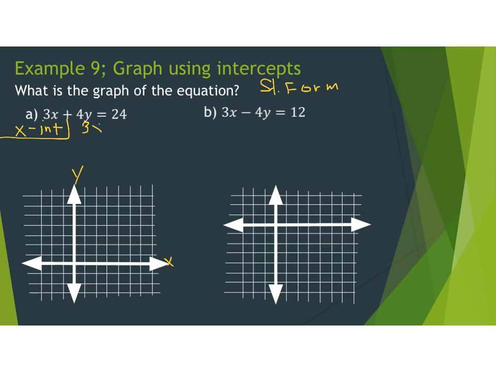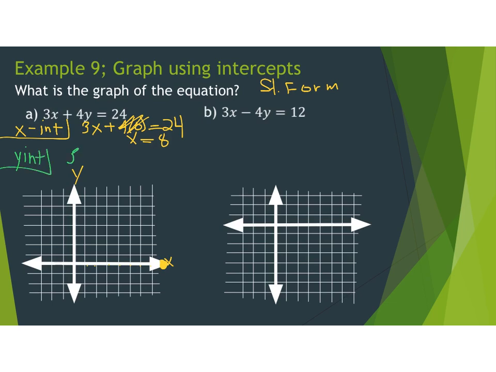So that would be 3x plus 4 times 0 equals 24. So that part's 0. Divide by the 3, and x equals 8. So that means we cross the graph at 8, 0, when y is 0. 1, 2, 3, 4, 5, 6, 7, 8. So we're crossing there at that point, and then we find the other point we cross at, the y-intercept, by